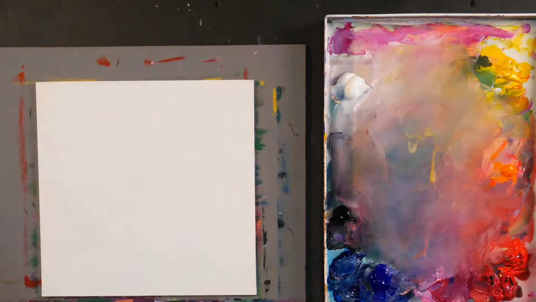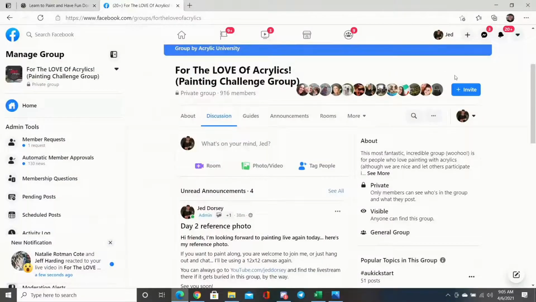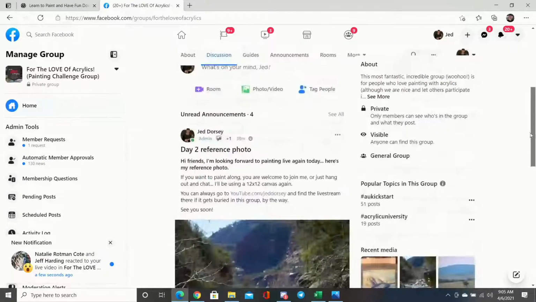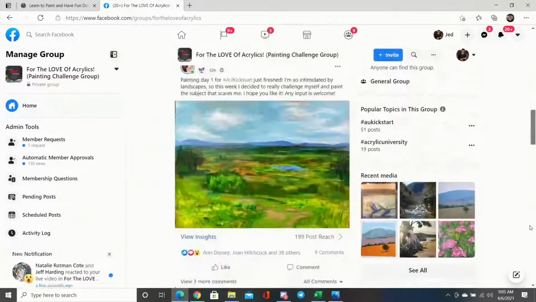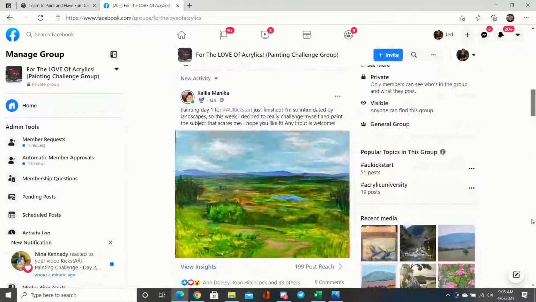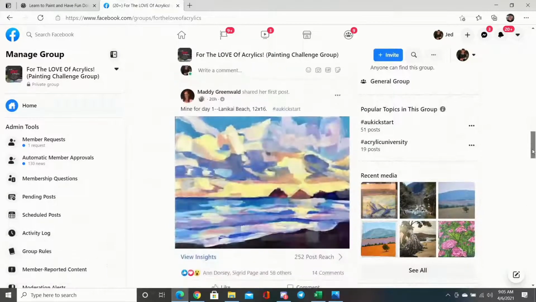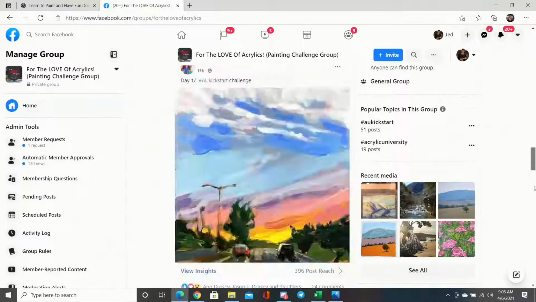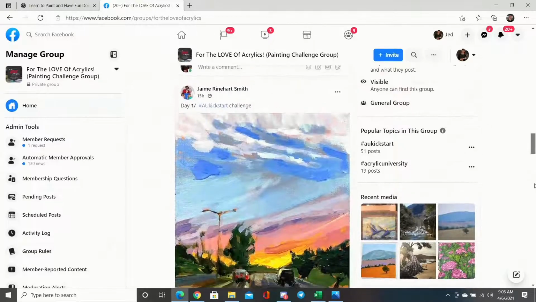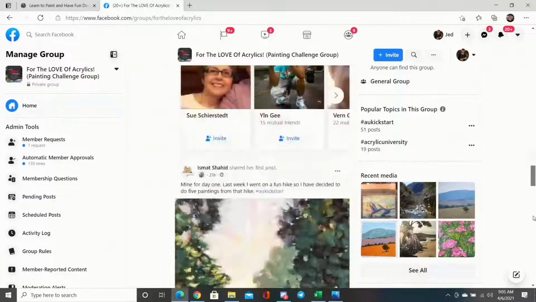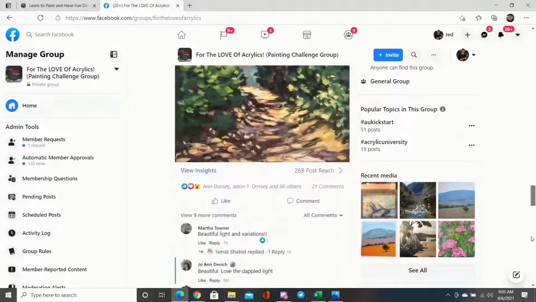Let me bring you over to take a look at some paintings from yesterday. I thought it was really cool to see. I just love these challenges for this reason. See Kalia's painting, Maddie, Jamie. Really cool, fun, colorful.